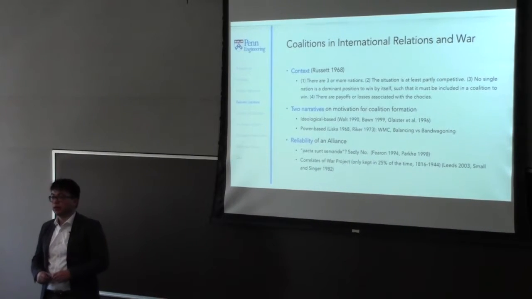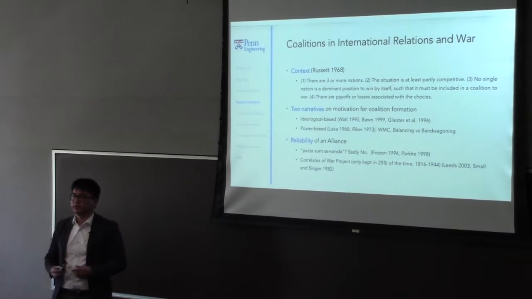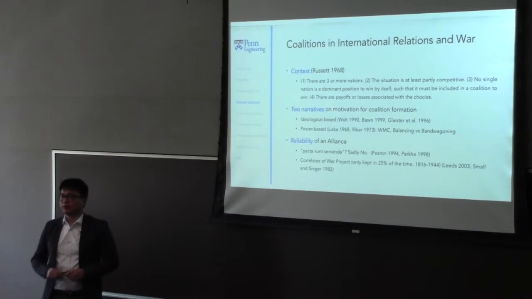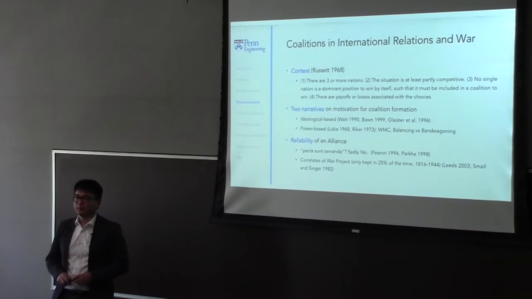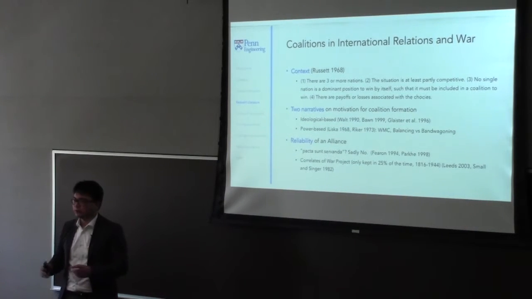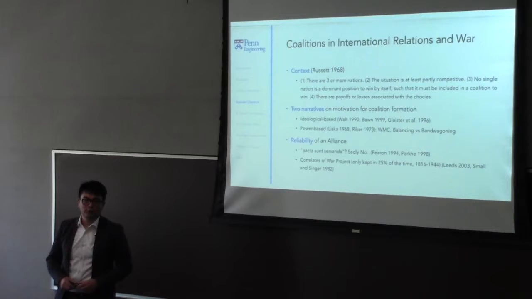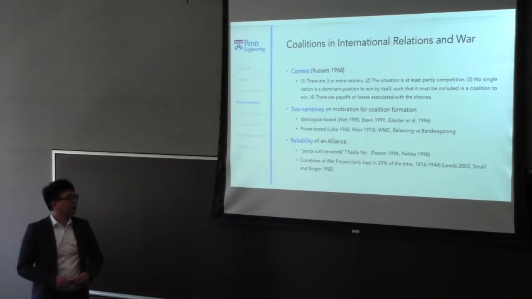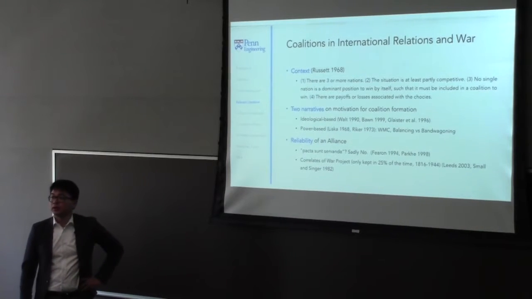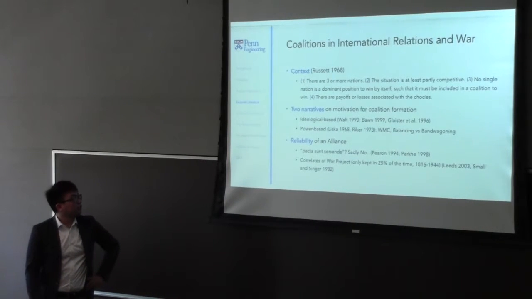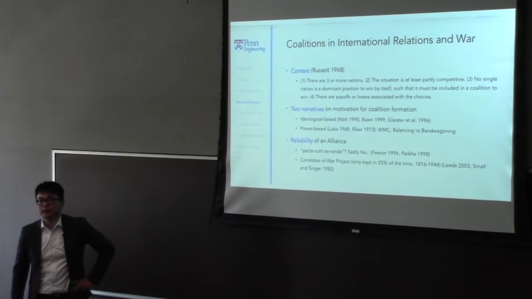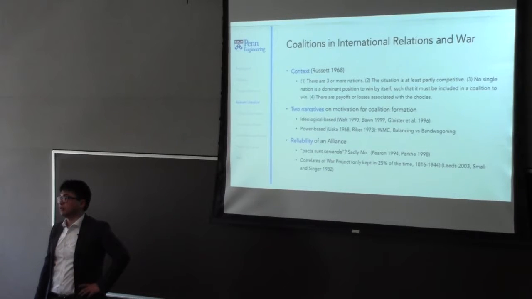And there also has been quite a bit of discussion on the reliability of the coalitions in this context. I think a lot of people think if we form an alliance, we're talking about friendship, we're talking about promises, things like pacta sunt servanda, the Latin phrase for promises are always kept. Unfortunately, no. The Correlates of War project, which was actually done by Small and Singer in 1982, studied wars over around one and a half centuries. Only a quarter of the time such promises are kept, and often they're just broken.